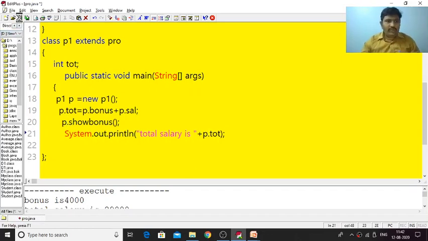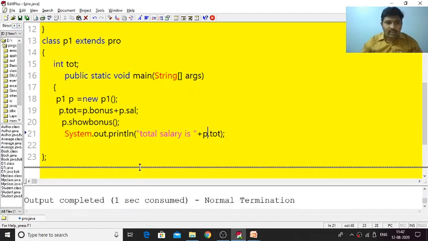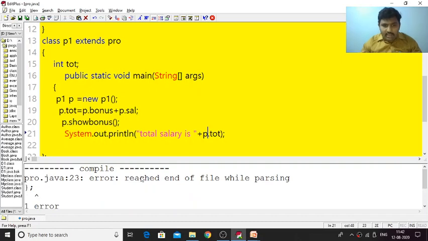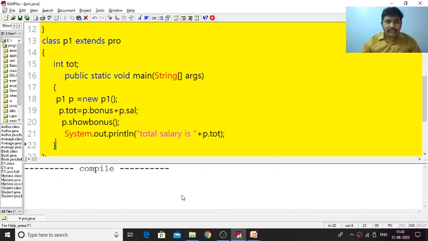So now we'll compile this program. I think no errors are there. So we are done successfully. I think one error is there, end of the thing. So here I need to put one closing brace. Whenever you miss the flower bracket, it is going to give the error reached end of the file while parsing. Note down the errors. Remember the errors, that will be useful while you are doing many programs.